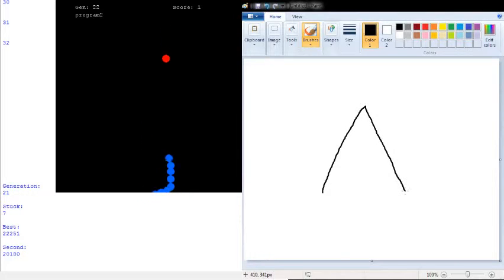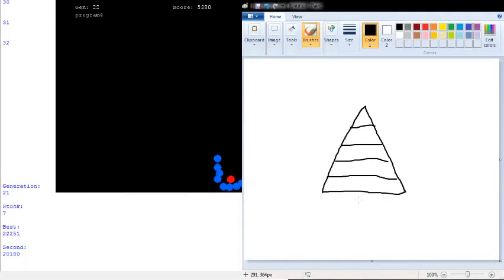This triangle is broken up into 5 sections. I will just quickly draw that out. There's 4, there's 5. The idea of building a triangle is that the levels below a level are prerequisites